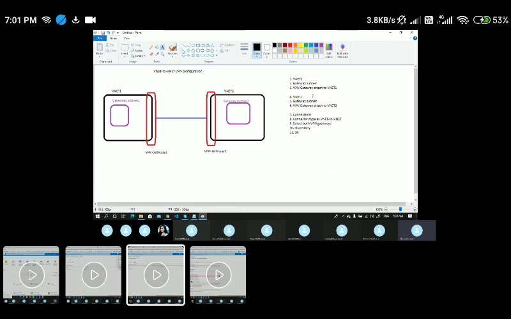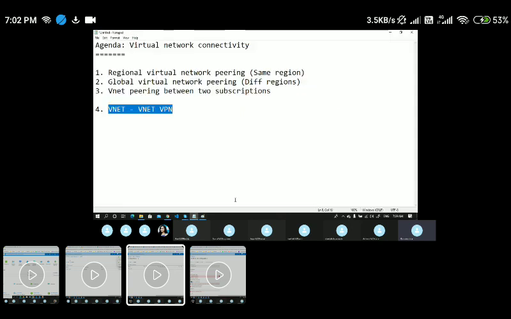So just try to recall all these things we discussed. I'm repeating once again because whenever you are attending interviews, you should remember all these step by step procedures. First, create a VNet 1, create a gateway subnet, and create a VPN gateway. This is for the VNet 1. The same way for the VNet 2, create a gateway subnet and a VPN gateway, then go to the connection, choose the connection type as VNet to VNet, select both the VPN gateways, create a shared key and click on OK. So these are the high level steps for creating VNet to VNet, and this is all we discussed about within Azure virtual network connectivity models.